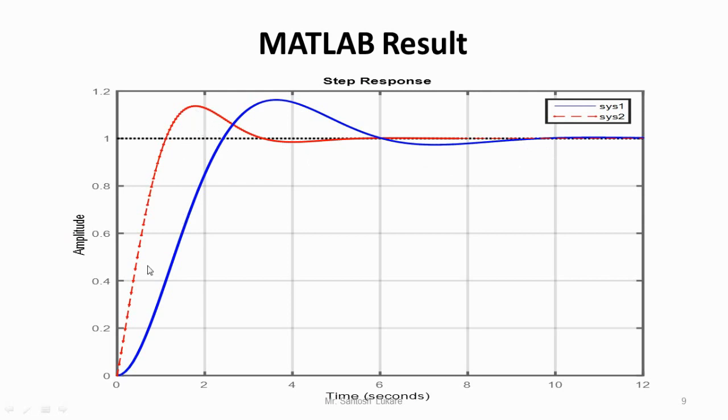So here it is observed that the red color plot is more stable than the blue color plot. The blue color plot has more overshoots and undershoots, and it takes more time to settle down. In the red color plot, overshoot and undershoot are present, but they have minimum values compared to the blue color plot. And again, the red color plot settles down immediately after the overshoots and undershoots as compared with the blue color plot.